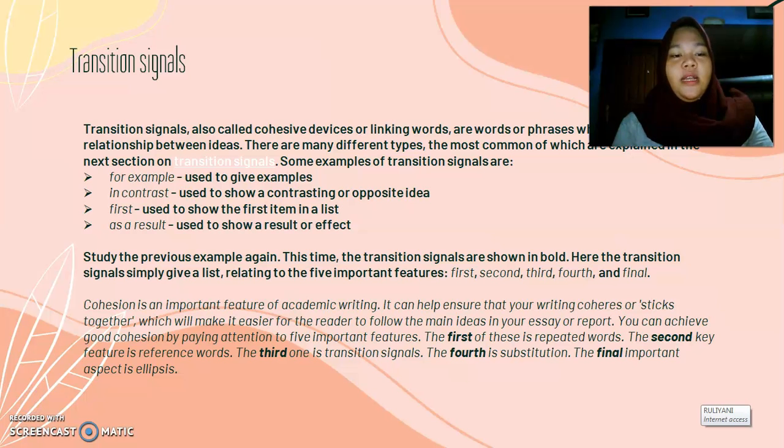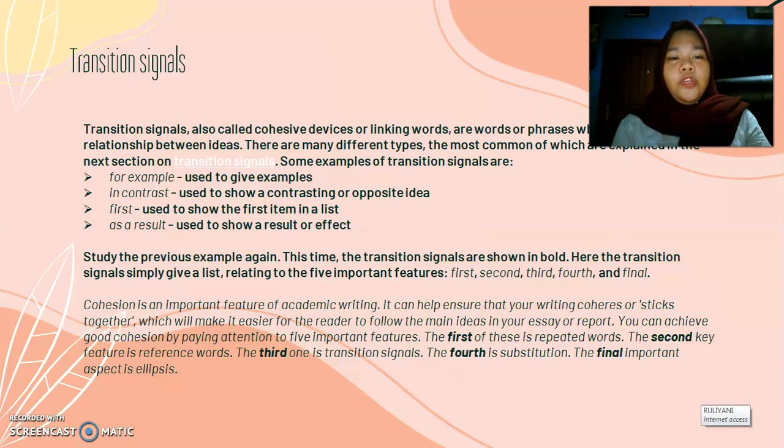Next, transition signal. Transition signals, also called cohesive devices or linking words, are words or phrases which show the relationship between ideas. There are many different types, the most common of which are explained in the next section on transition signals. Some examples of transition signals are: